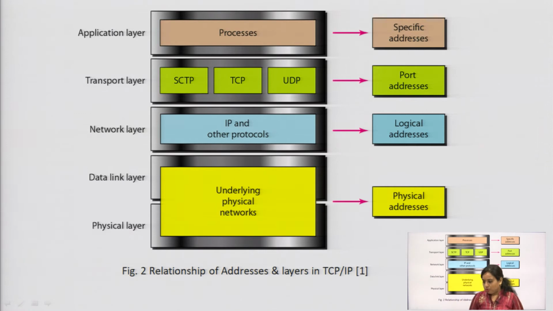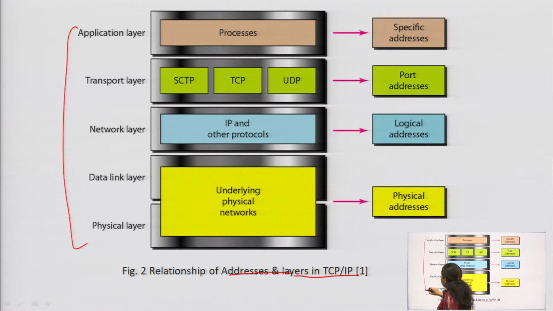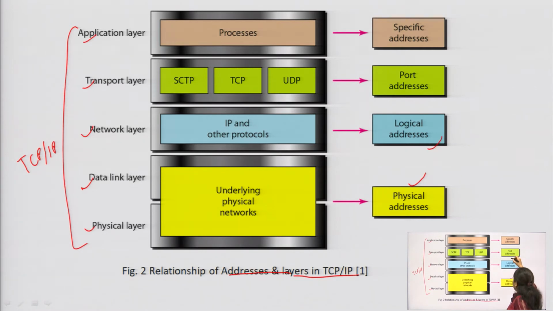And before that I am going to show you the relationship of addresses and the layers in TCP/IP. I have discussed that there are 5 different layers of TCP/IP: physical layer, data link layer, network, transport and application layer. Now, these are mapped to the addresses: physical address, logical address, port address and specific address. Now, you can see that in the case of the physical and data link layers, underlying physical networks,